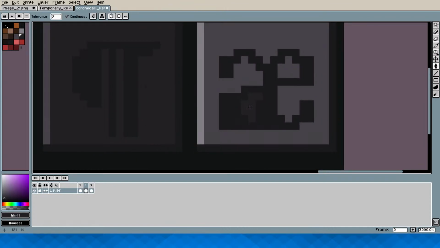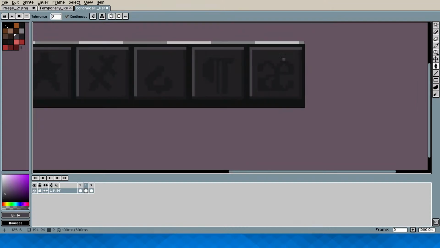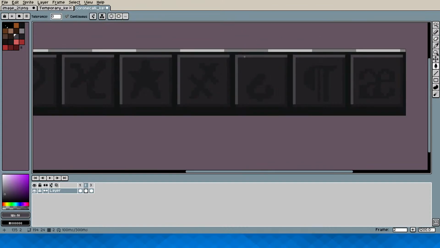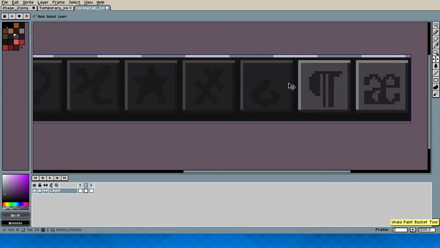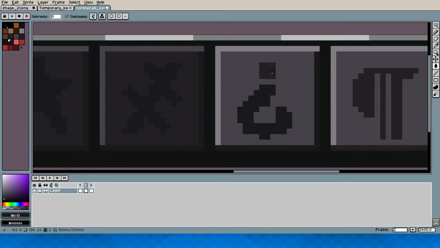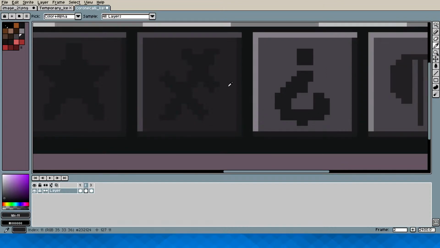This one actually has more areas to be filled, and there you go. Now we have pressed versions of, oh, I was gonna say now we have pressed versions of all buttons, but I accidentally seem to have removed this. Whoopsie. Let's try that again.